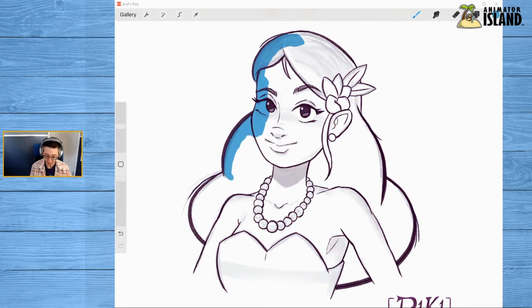I could drag the little blue icon in the corner down and start filling stuff that way. I prefer this method where you're actually going in and filling and kind of painting in the color because I'm just going to be doing kind of an outline, like the exterior part.